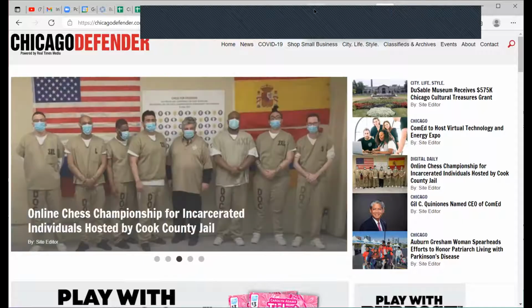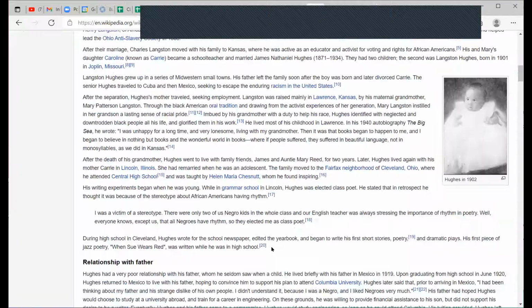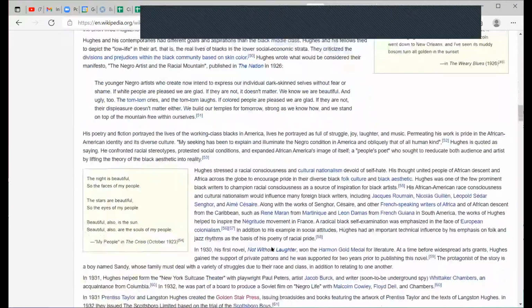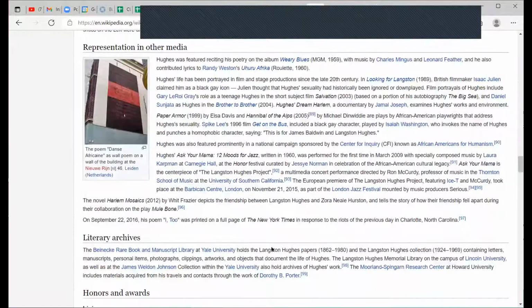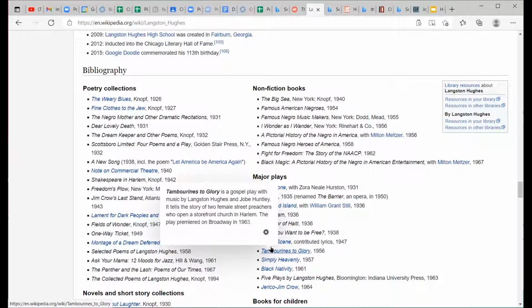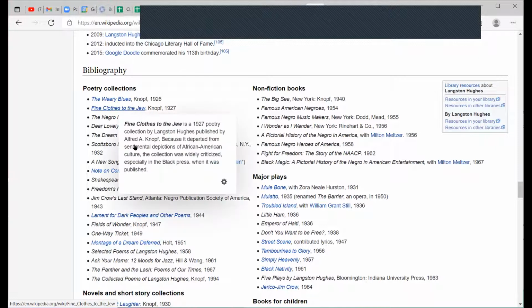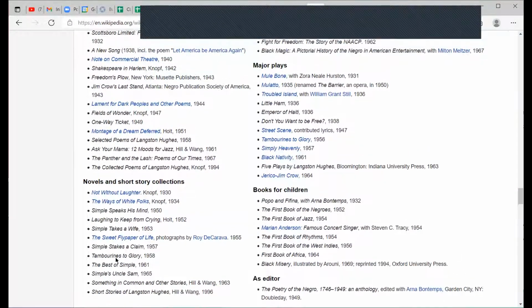All right. So now that I've learned a little bit about his biography, and of course I would read everything, the next thing I want to look at is his intellectual property, because I really want to find out where the book that I'm reading fits in his actual life. And so when I look at his bibliography, first of all, I just noticed that he's published many, many books of poetry.